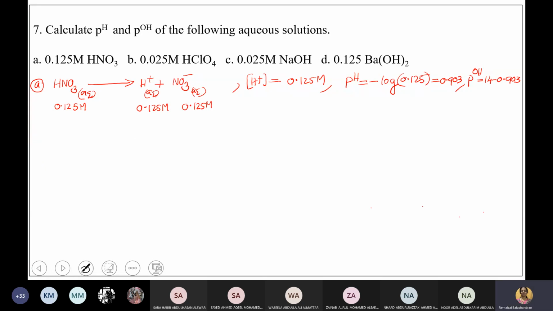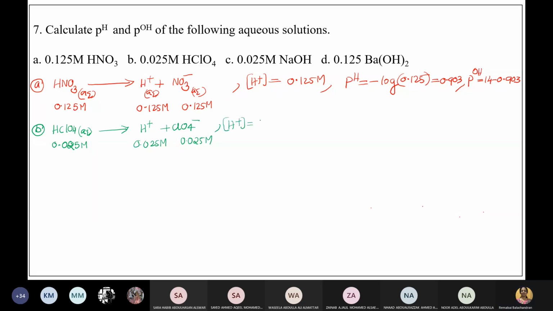You can help me, please. Come on. It's a strong acid, ionize completely. HCl aqueous, being a strong acid, it ionizes completely to H plus and Cl minus. This one is 0.025 molar. This also is 0.025 molar. Here also 0.025 molar. Now H plus concentration is how much? 0.025. Now pH is equal to